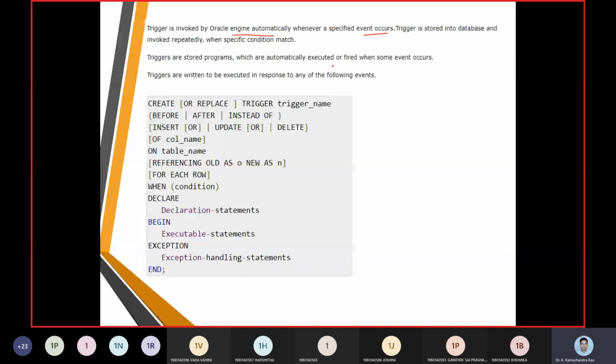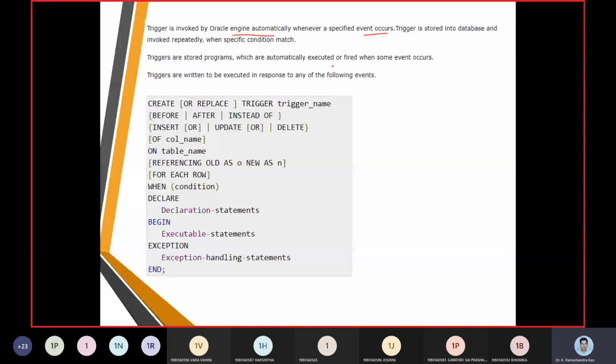So we created a table, then we must create the trigger, then we can make some insert operation, then we can call up the query. Similarly, we can make the update operation and then again call up the query. So in this way, we are going to work with the triggers.